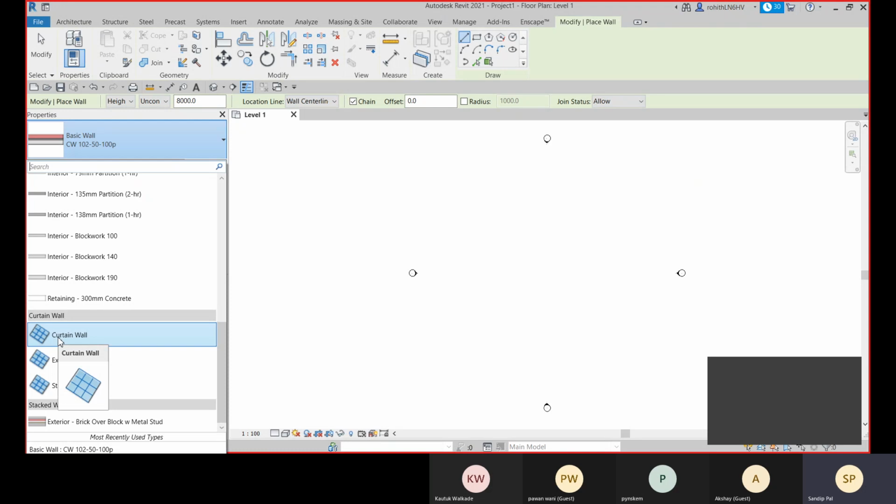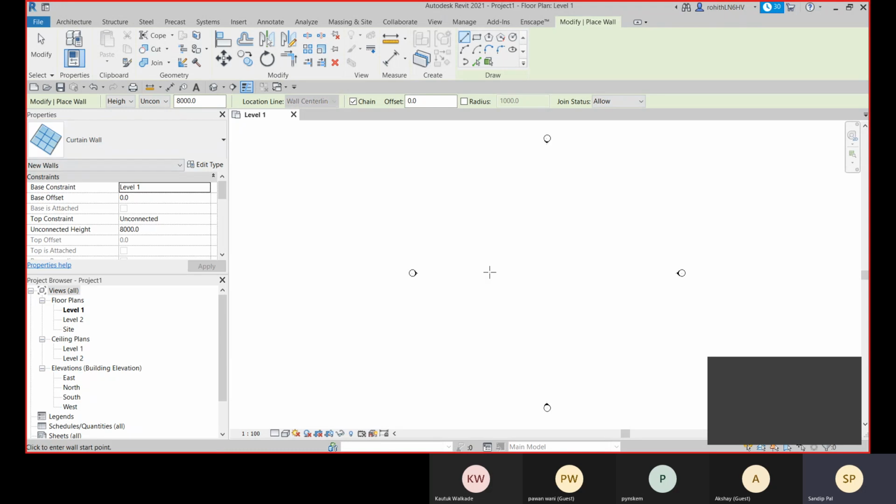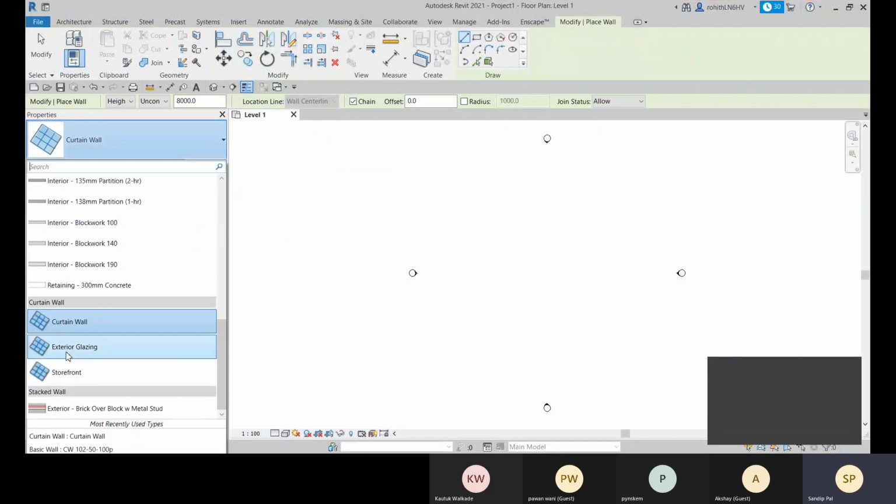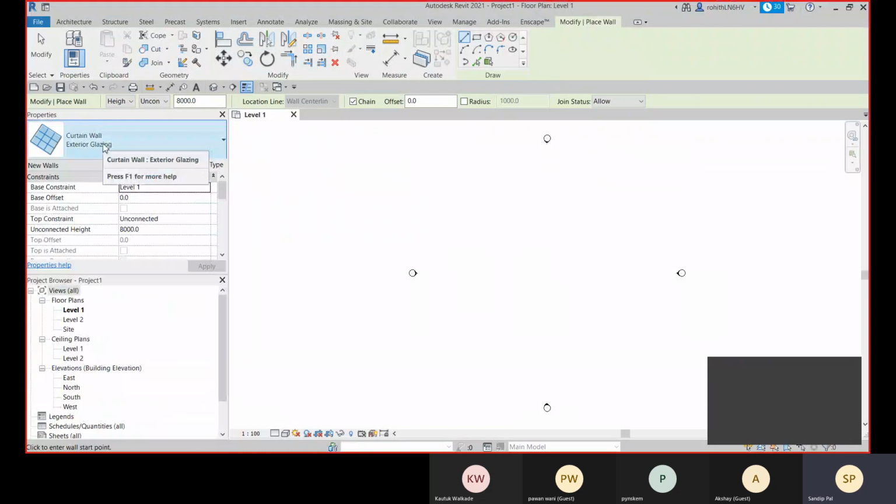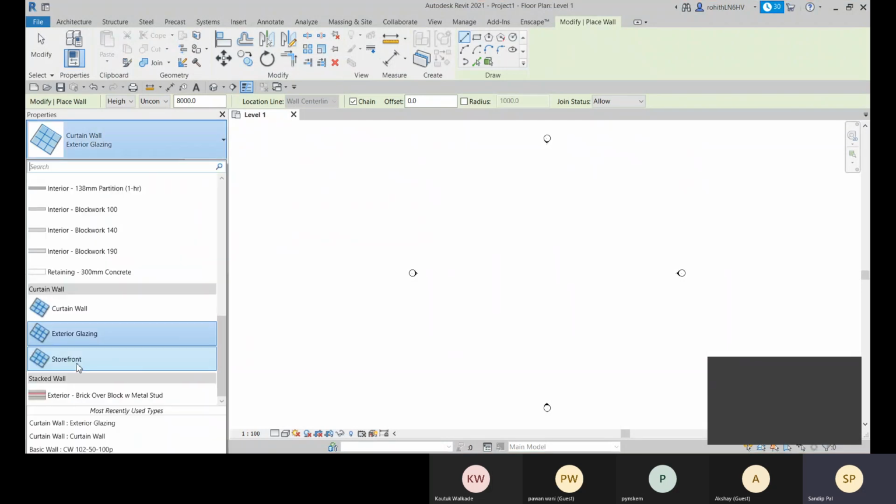Now with this curtain wall, you can place a single panel. With the exterior glazing, you will have subdivision, or you can say that multiple panels can be placed at a time. And the storefront, you place all the multiple panels together with the support.